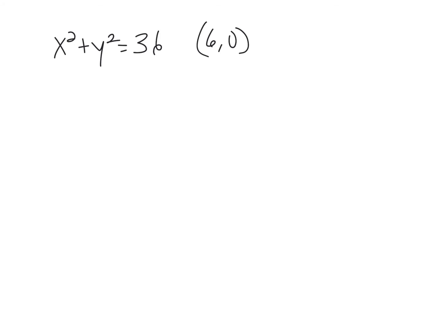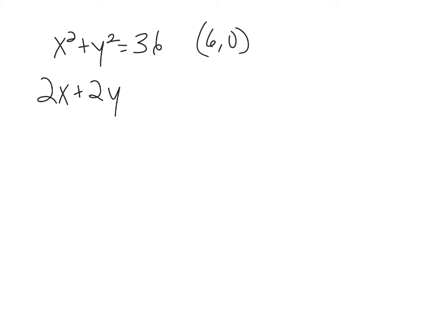Now you might be like, oh, we did tangent line earlier, I vaguely remember, but what about normal line? Normal line is the perpendicular to the tangent line, okay? So whatever slope we find, we need to just find the opposite reciprocal if it's perpendicular, right? So 2x plus 2y